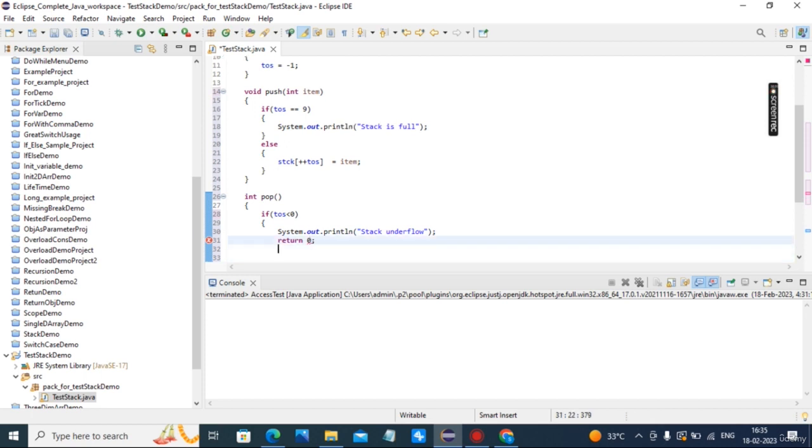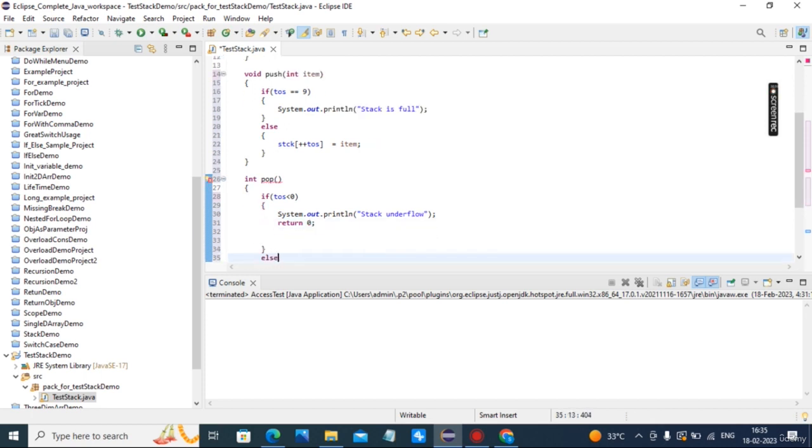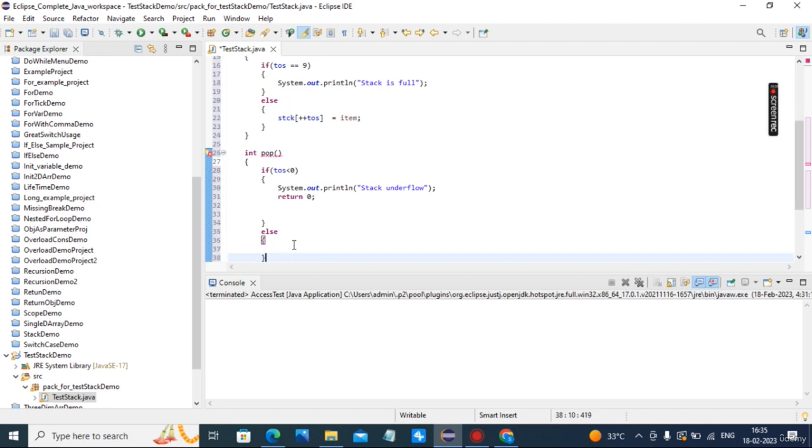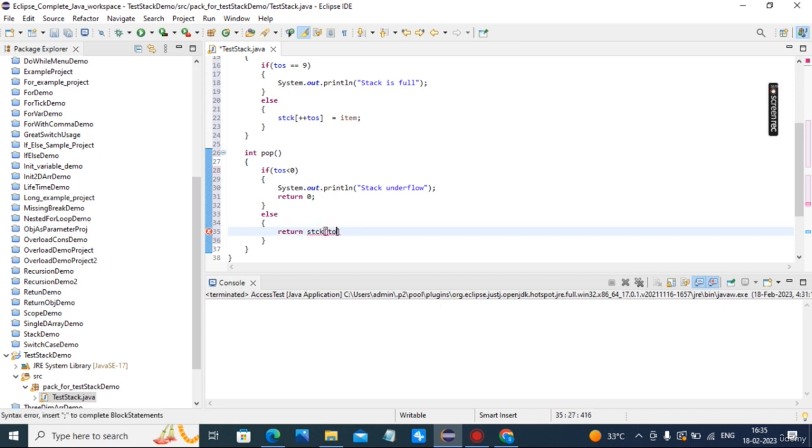Else return stack top of stack minus minus. The difference between this plus top of stack and top of stack minus minus I have explained already in the theory part.